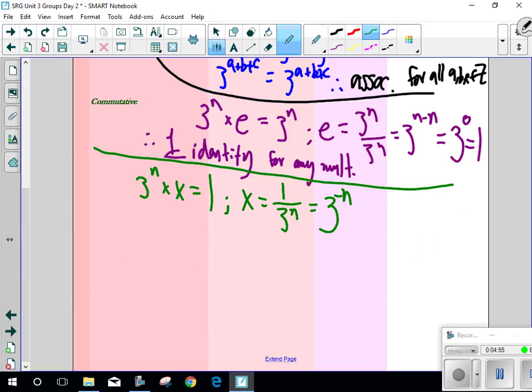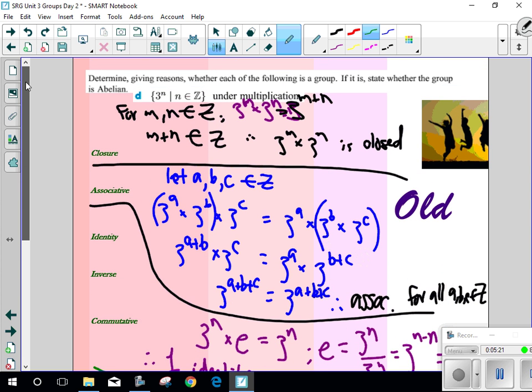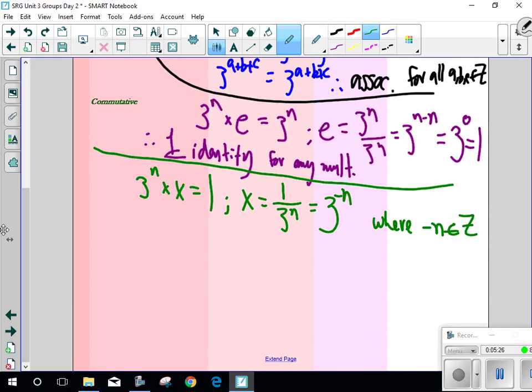And tell me about this 3 to the negative n. Is negative n still an integer? Yes, element of the integers. Did we say positive integers? No, we just said integers. So therefore, this is still okay. Are we saying that 3 to the negative n or 3 to the n has to be an integer? No, we're just looking at n. So we can say, therefore, inverse exists,